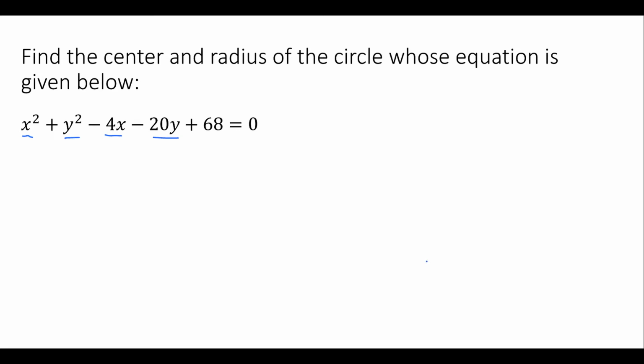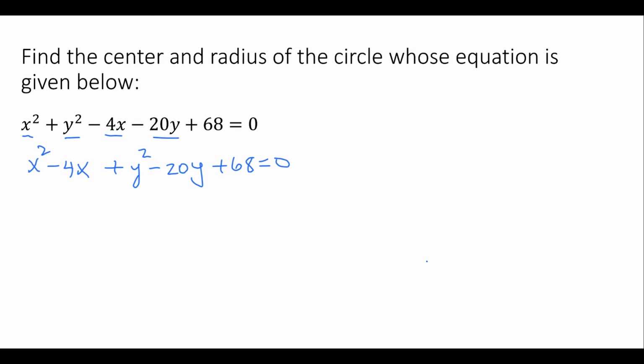So first, let's combine everything with an x together and everything with a y together. So I've got x squared minus 4x, and then plus y squared minus 20y plus 68 equals 0. So all I did is I just rearranged them a little bit so that all the x's are a little bit closer together and the y's are closer together. Now we're going to try to complete the square